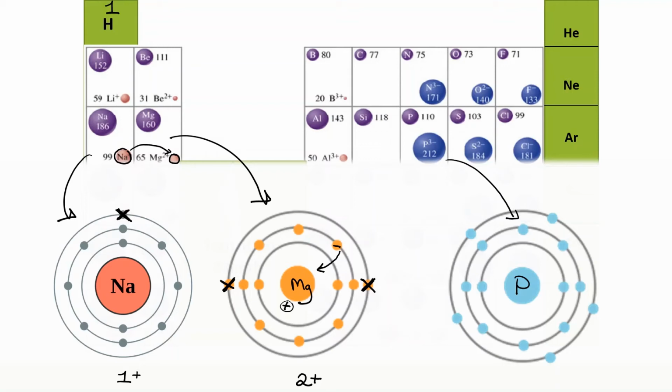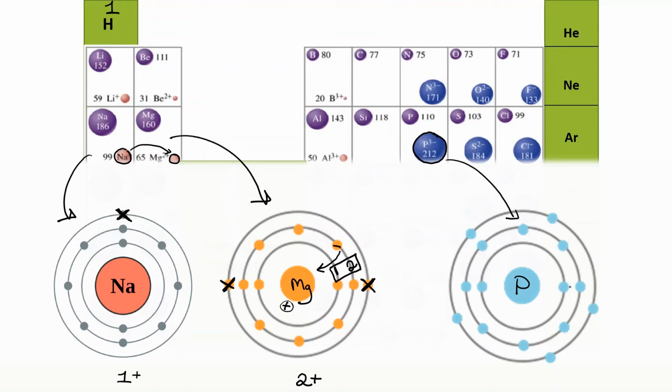You might be saying, okay, Miss Thiemann, yeah, I got that from other videos. But what about phosphorus? Why does phosphorus get huge? Okay, well, think about it. Magnesium, right? We got rid of 2 electrons, which means we only have 2 energy levels left. Phosphorus